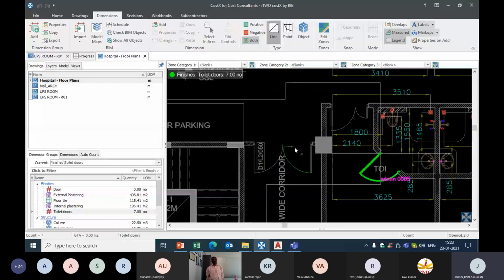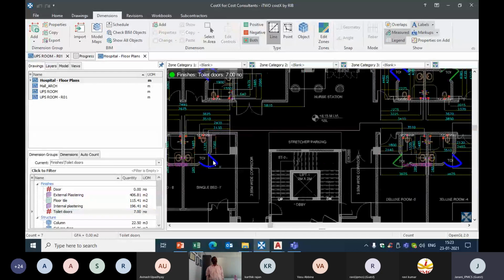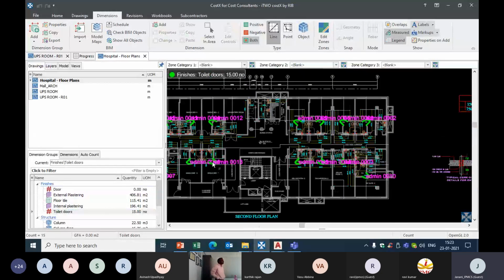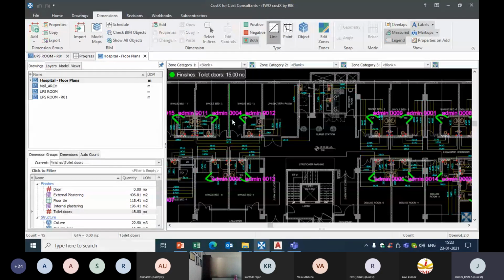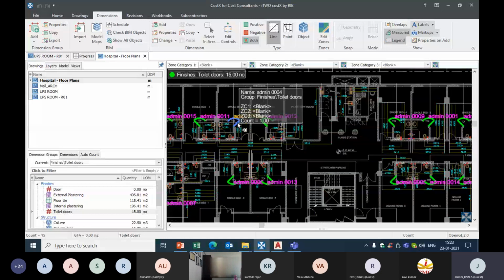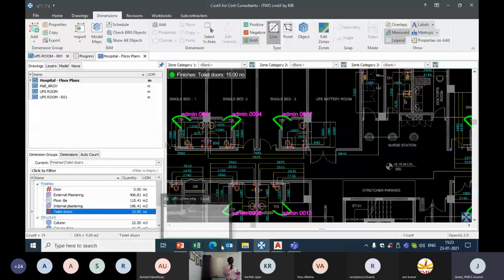If you see here, the 7 numbers which are similar have been calculated. The same way I have one more other type of door. By using the shortcuts, I can quickly count the doors. So in this way, we can easily measure area, length, and counts in just a few clicks in COSTEX, which in turn reduces our quantity takeoff time, and it also reduces our rework because you can see whatever quantity we have calculated is highlighted. So we will not miss any quantity, and there is no possibility of duplicating quantities also. In this way, we can save our time in preparing an estimate.